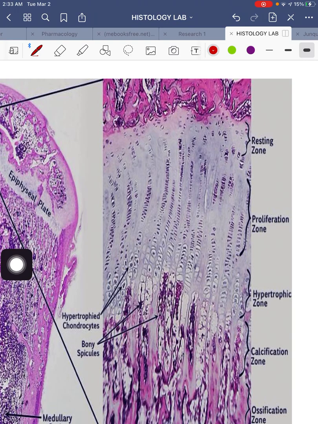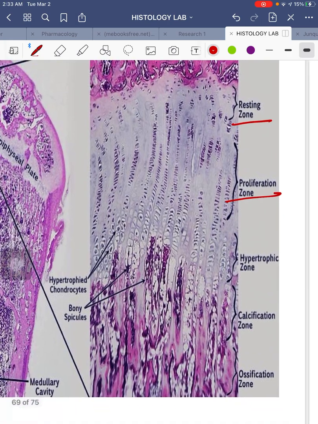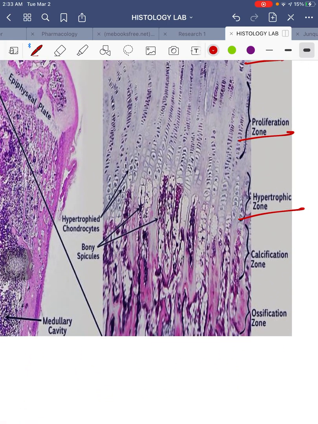So the resting zone, this is when your cartilage are just sitting there and they're just present, okay? Proliferation zone, this is when your cartilage cells divide, they will enlarge, they will secrete collagen and proteoglycans, and they are arranged in rows. Your hypertrophic zone is when they will become swollen,